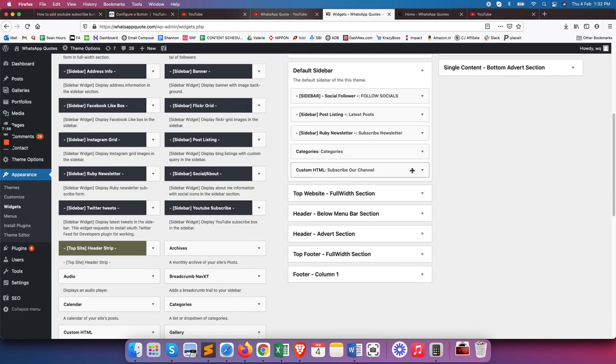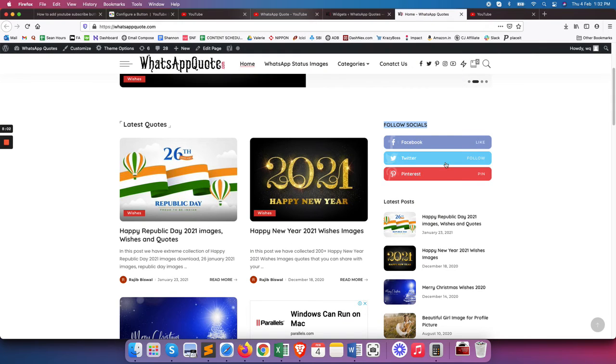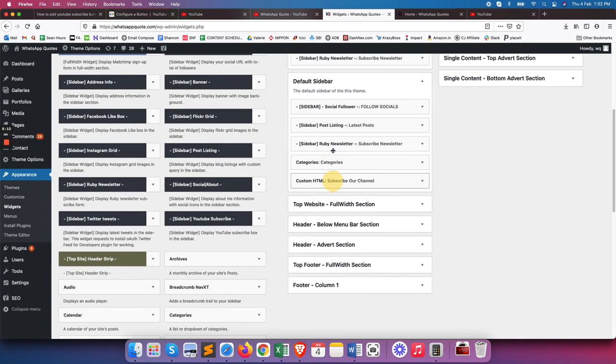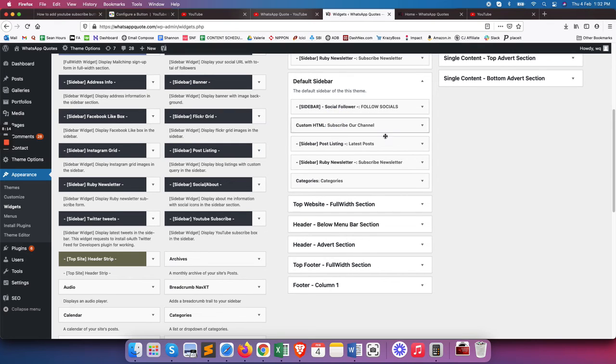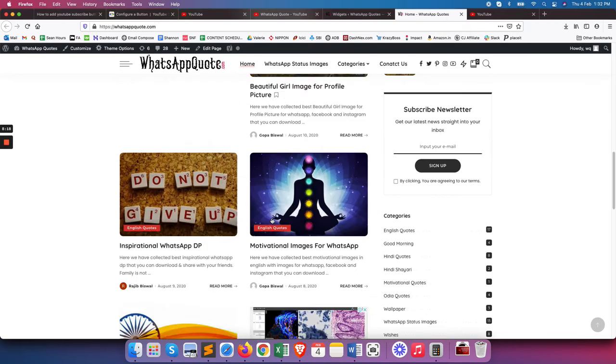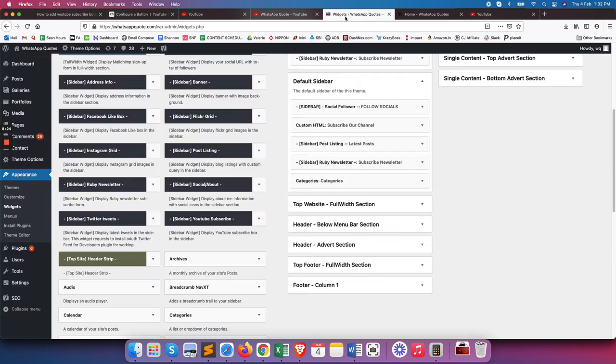Now I need to change the order, Follow Social, then latest post. I want to show it in between these, so I will just drag and drop it to here. Okay, and I will do the same thing for the footer section also. I want to display one YouTube subscribe button here, so I will add it to this footer widget.